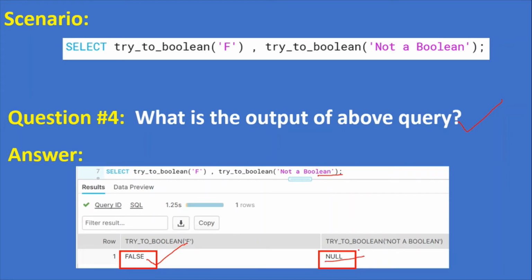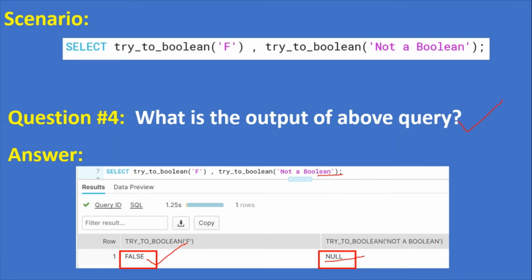Why? 'f' is a valid boolean when you convert the string f by using the TRY_TO_BOOLEAN conversion function, so it will give false. Similarly, TRY_TO_BOOLEAN with some other string, 'not a boolean', is not an actual boolean data type.